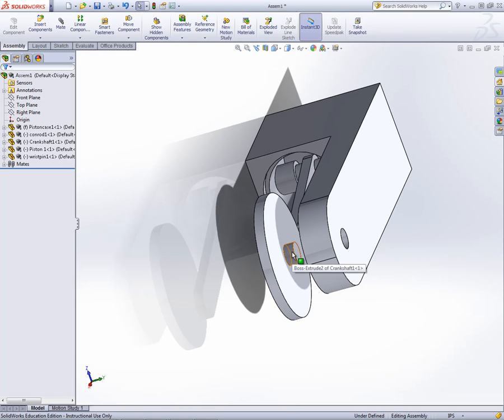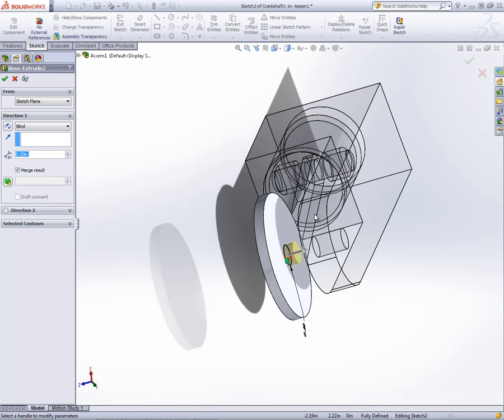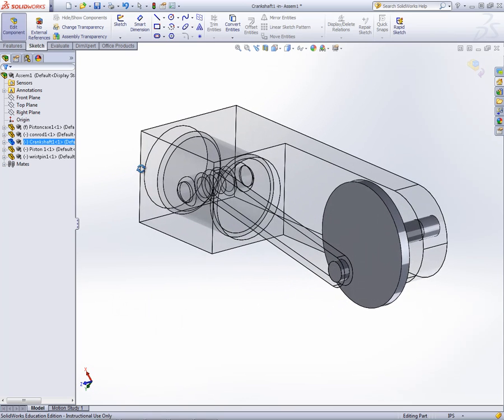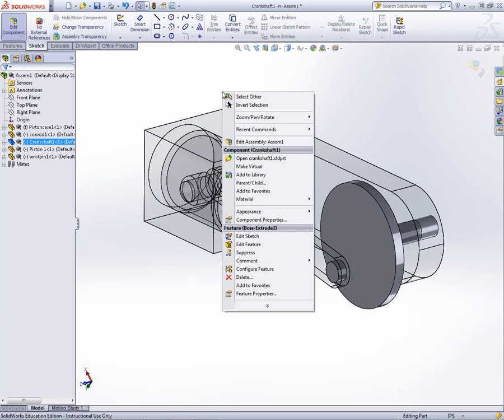So I'm going to move my cursor right onto that feature, the crankshaft pin. I'm going to left click once, then I'm just going to move my cursor up here to the Edit Feature, left click on Edit Feature, and SolidWorks is just going to bring that up like we're just creating the crankshaft for the first time. And I'm going to enter 2, and it will stick through the crankshaft quite a distance, which is okay. Left click on the green check mark, and we still need to edit out of the editing area, so I'm going to right click